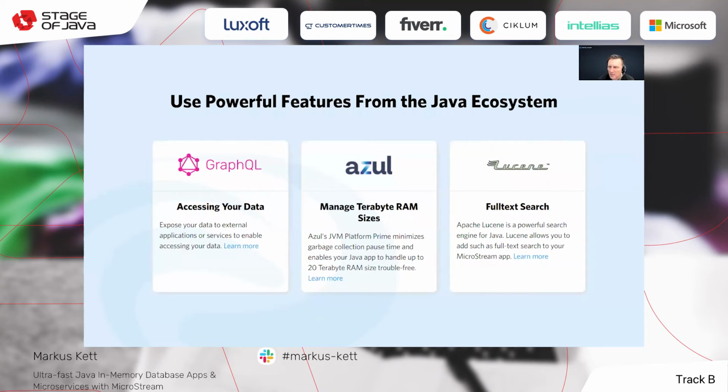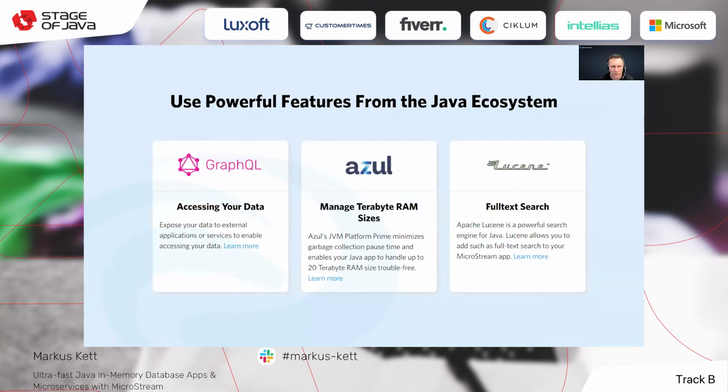If you miss anything in MicroStream, then have a look at the great Java ecosystem. You can use any Java library and combine it with MicroStream, for instance, GraphQL for writing queries, and enable external applications to access and query your object graph.